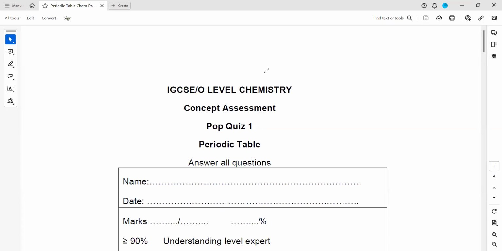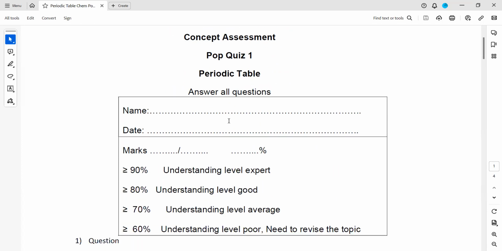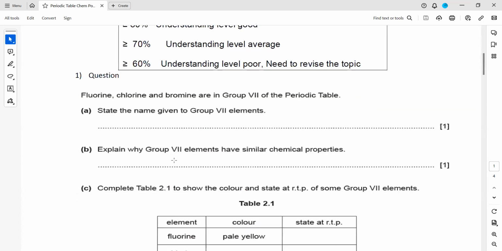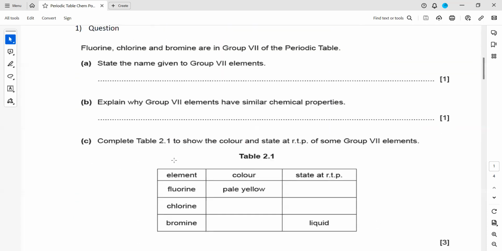So this was a weekly pop quiz which was related to the periodic table. We'll start with the discussion of this pop quiz. So in the first question,